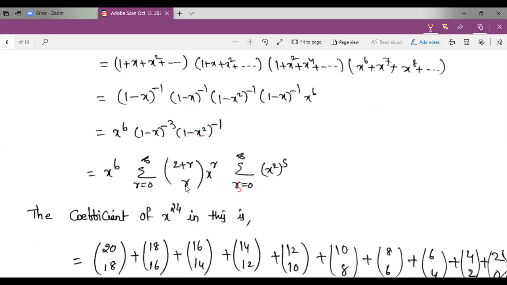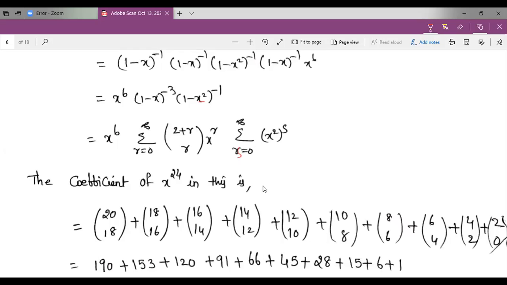This total value becomes x power 2 into s, so here x square into s. The total value is 18, so r is equal to 18. And next r is equal to